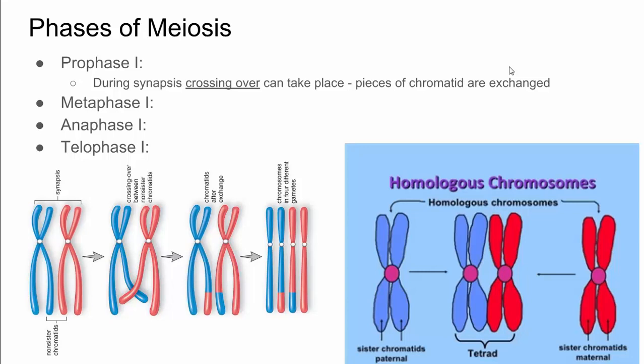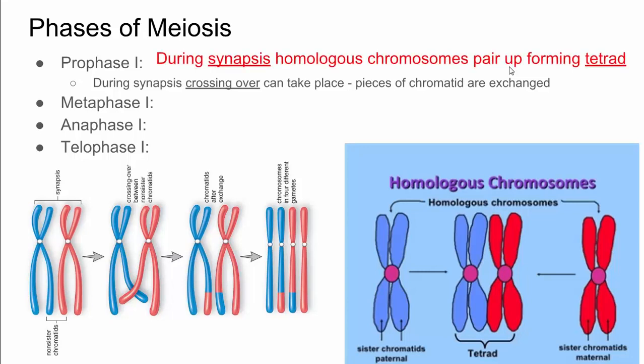All right, so in meiosis, the way the chromosomes line up is different. Because what happens in meiosis is they match up with their homologous partner, and they line up next to each other. That is called synapsis. And when the chromosomes align with their partner, it forms what's called a tetrad, because there's 4 strands. Tetra meaning 4. And when they're aligned like this,